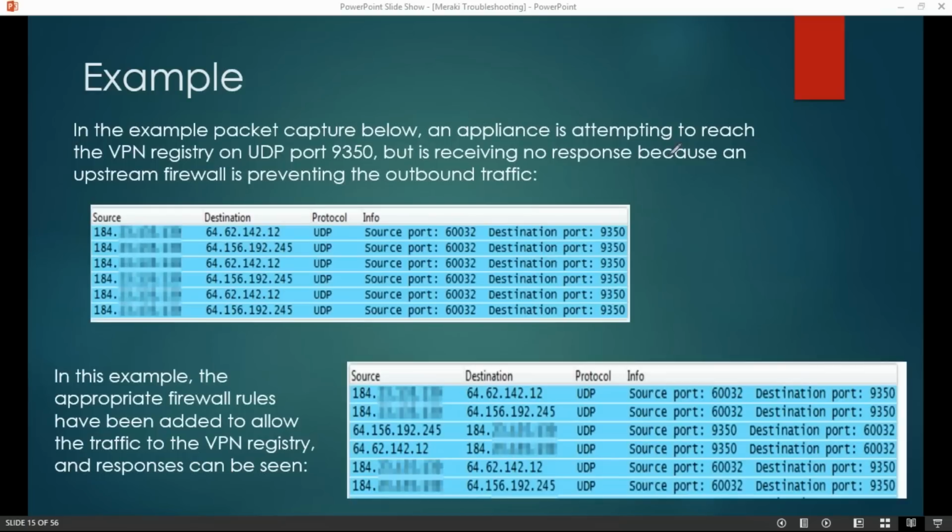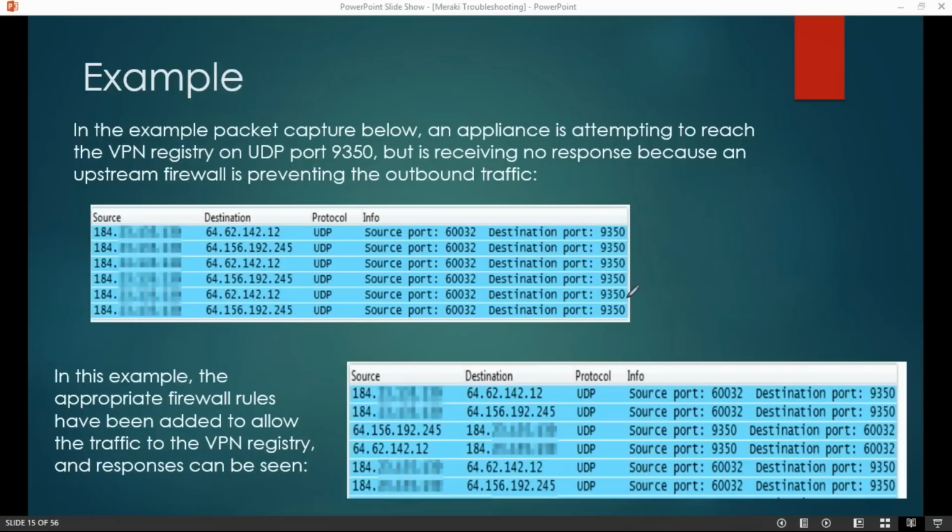Now in the working condition you can see that after sending the keep alive or say hello packet, we are getting the reply. Okay, we are getting the reply. That means the registry will happen. That means the VPN phase 1 will happen. That is the one thing, that is actually the best way to do the troubleshooting in case of Meraki, that